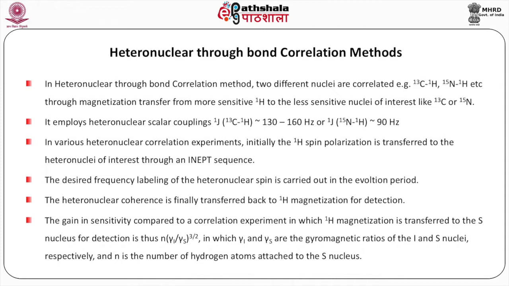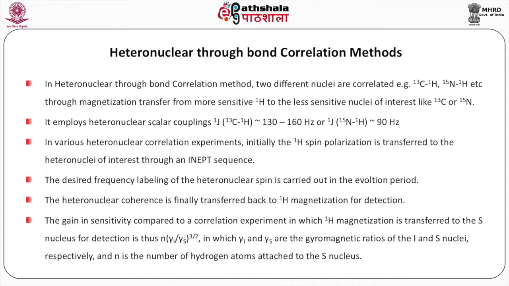In heteronuclear through bond correlation method, two different nuclei are correlated, for example, C13 and proton or N15 and proton, through magnetization transfer from more sensitive proton to the less sensitive nuclei of interest like C13 or N15. It employs heteronuclear scalar couplings: the single bond 1J C13 proton, which is about 130 to 160 Hertz, or 1J N15 to proton, which is